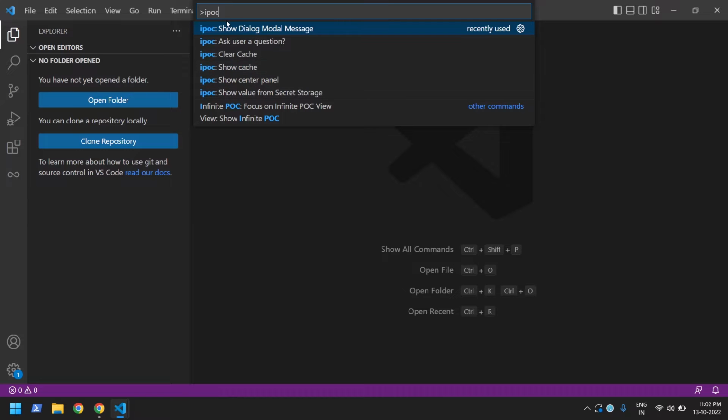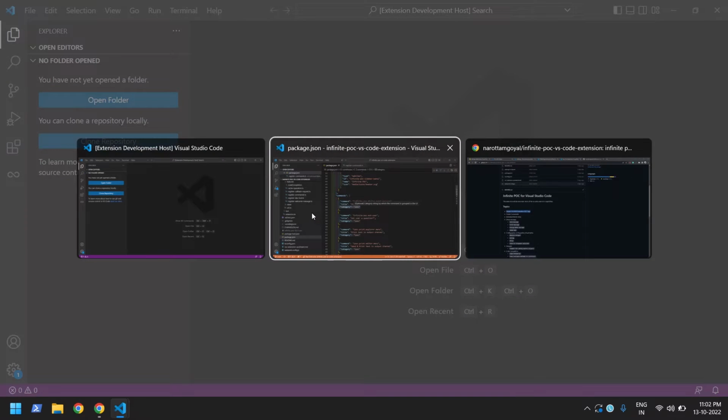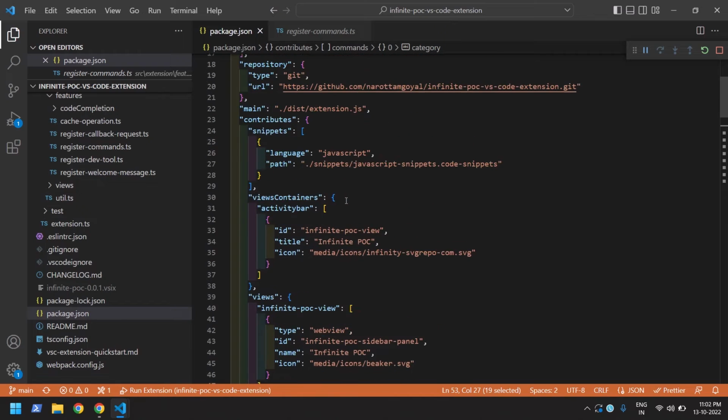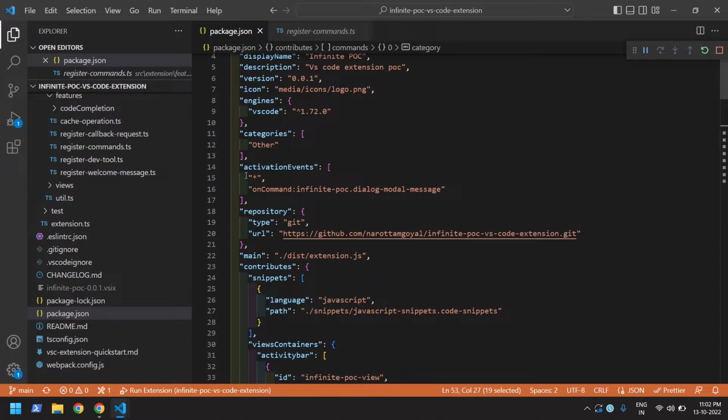All right, so let me show you one more thing here. There is something called command entry, which you need to understand how it works. Actually there are two things. It's an array, so it's up to you what you want to activate immediately. If you put a star, everything will be loaded in the memory. But if you don't want that,